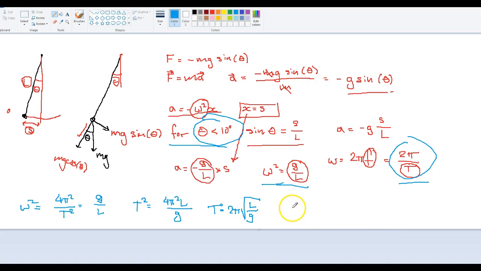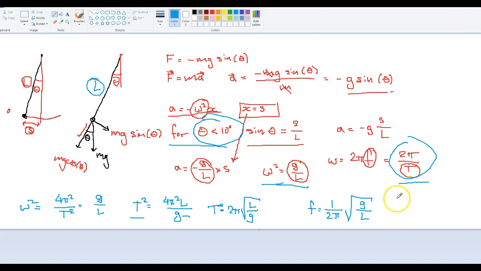Similarly, for the frequency version of this equation, we just simply invert both sides. So F, the frequency, is 1 over 2 pi root of G over L. So if we, this is T, not T squared. So if we graph T squared against the length, so that's the length here,